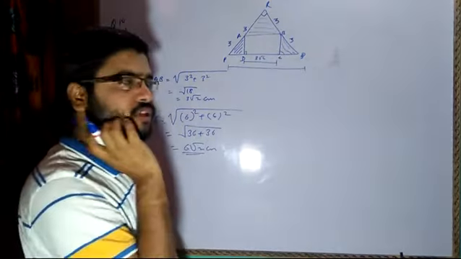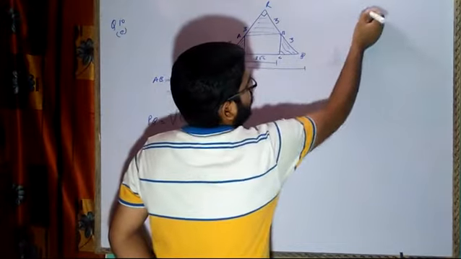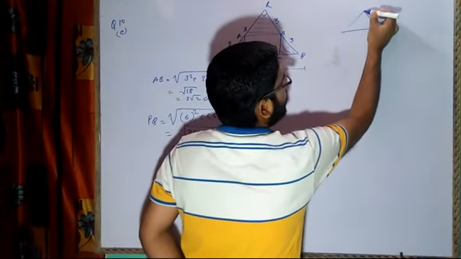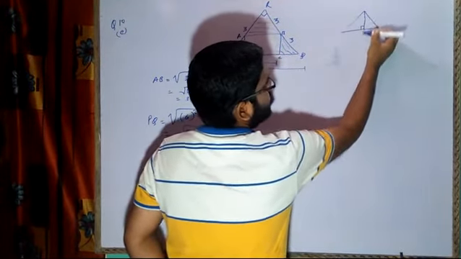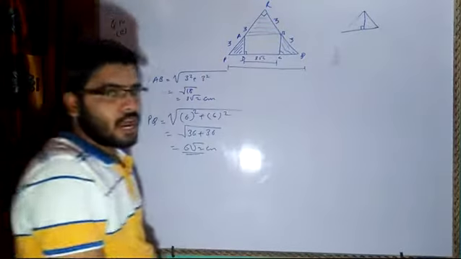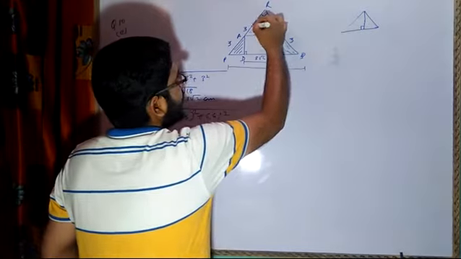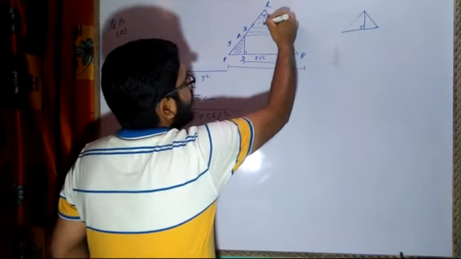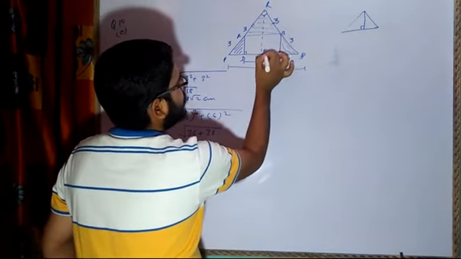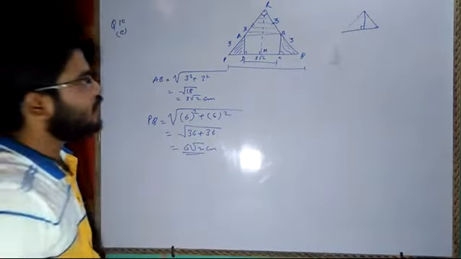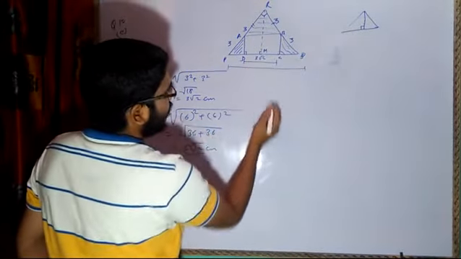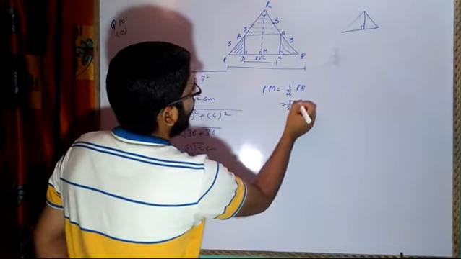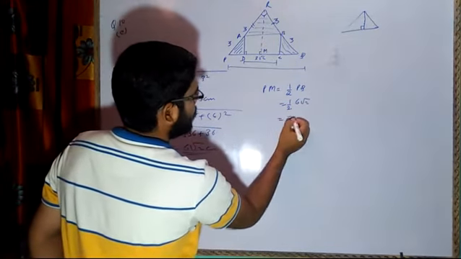From the property of an isosceles triangle, we know that, be it a right angle triangle or any type, if it is an isosceles triangle, when we draw a perpendicular from the vertex to the base, it will divide the base into two equal halves, right? This entire triangle is an isosceles triangle, so I can draw one perpendicular and name its foot M, okay? Now RM is perpendicular, so PM will be equal to half of PQ, which means half of 6 root 2, that is 3 root 2.